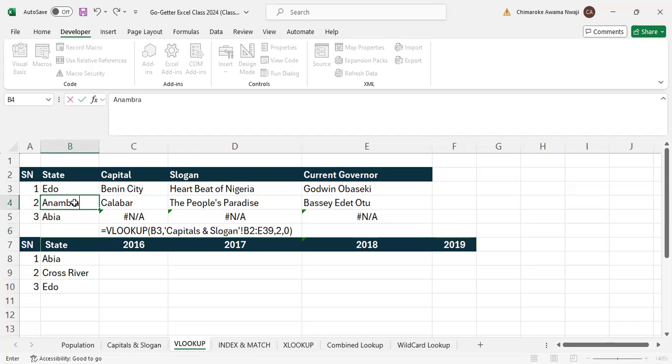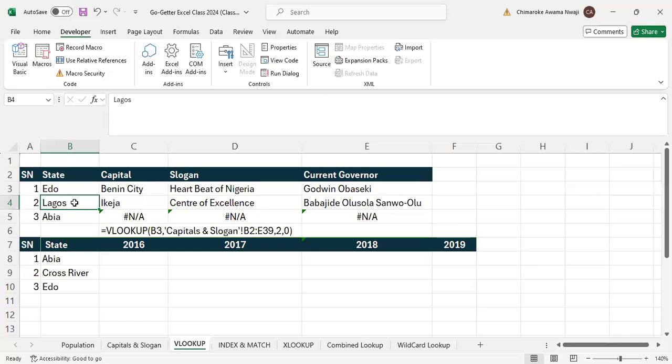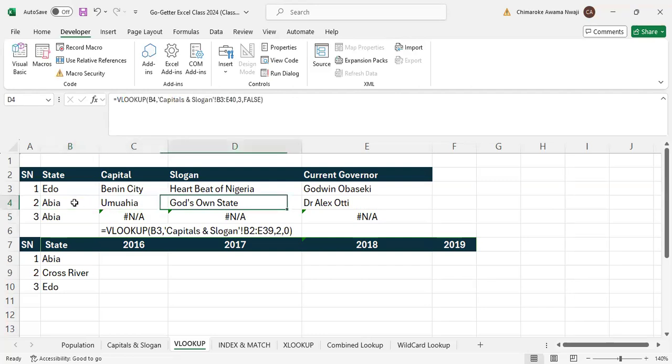Anambra might be correct. But if I were to put Lagos, Lagos too might be correct. If I were to put, okay, let me put here Anambra. If I put Abia here, Abia will be correct. So some of these things, because in this second line, if you look at what's happening here,